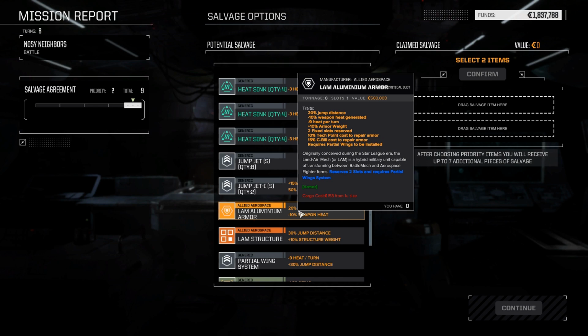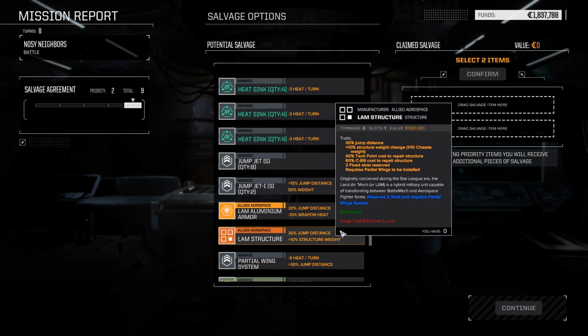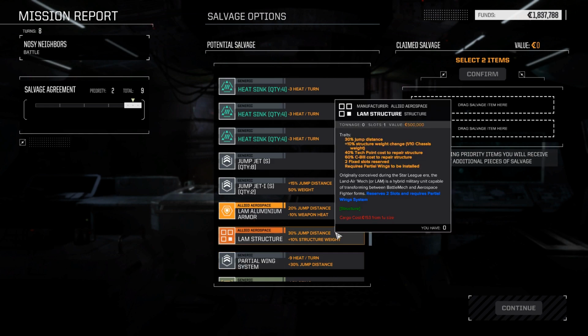LAM aluminum armor? 20% jump distance, minus 10% weapon heat generated, 9 heat per turn sink, plus 10% armor weight though, so it does make armor a little bit rougher to work with. 2 fixed reserve slots. Oh, there's so much cool stuff here. Plus 10%. So this will increase the weight, but...